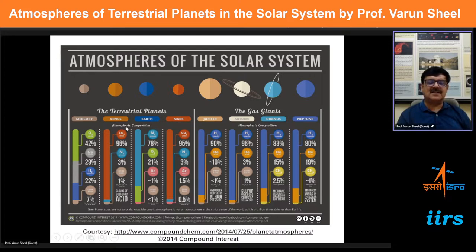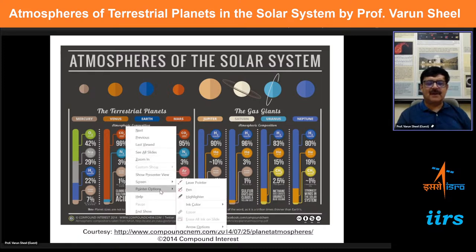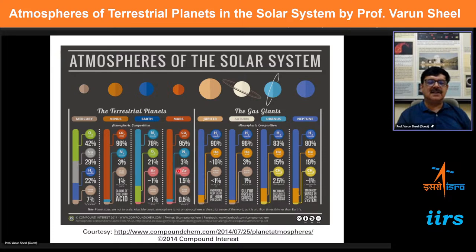And then you have the other two planets, Venus and Mars, which have a very rich CO2 atmosphere. So the atmospheres of Venus and Mars are dominated by CO2, approximately 95.6% each. But you do have amounts of oxygen and nitrogen in smaller quantities, and we'll come to that later. So this is the broad distinction between the terrestrial planets. And as I said, the other planets are mainly rich in hydrogen. So this is a very rough overview of the composition of the planets and how they look.